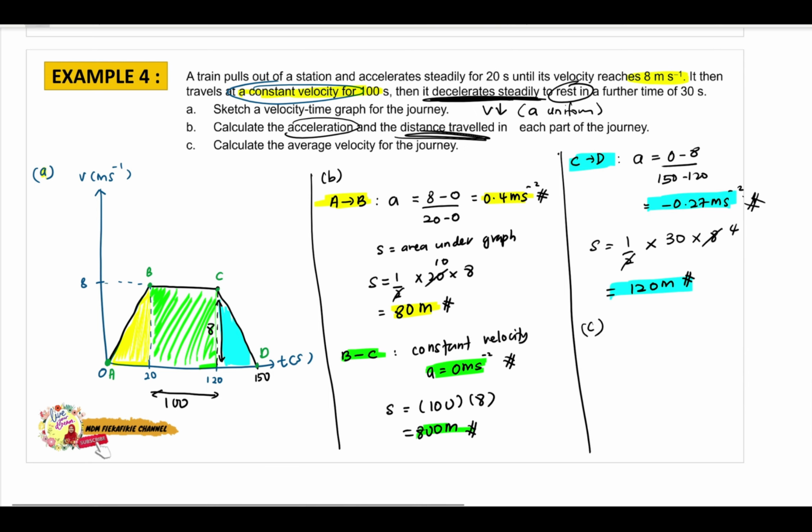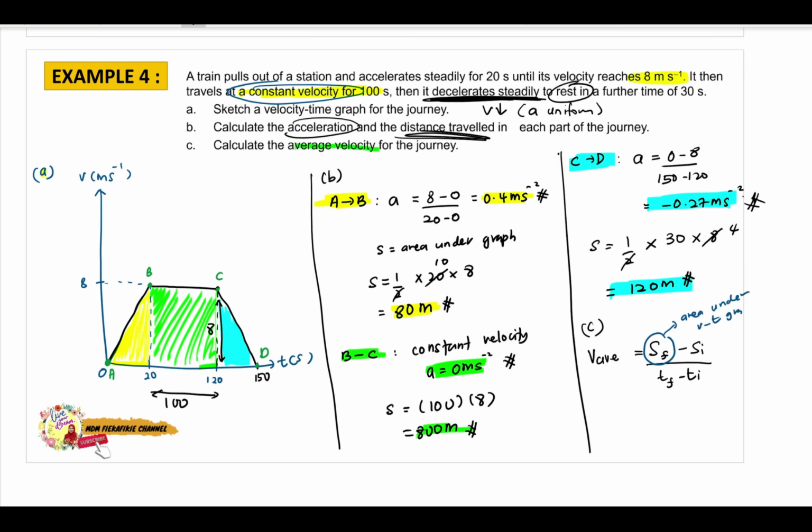And then for C, we want to calculate the average velocity. Average velocity, how do we calculate it? Okay, we write it here, the formula first. Average velocity is final displacement minus initial displacement over time interval. And then remember, this is displacement. Okay, so we can calculate the area under the